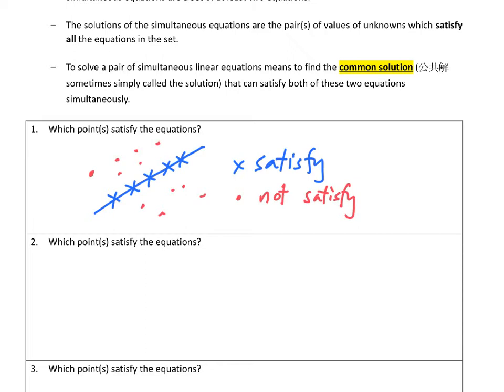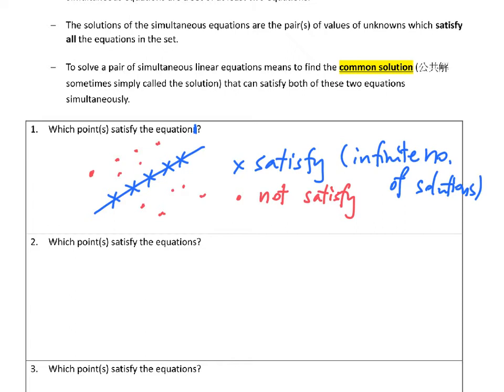So please note that the solutions have an infinite number. 無限咁多個 solutions. Sorry, typo here. This one should be one equation only. And then for the second part,